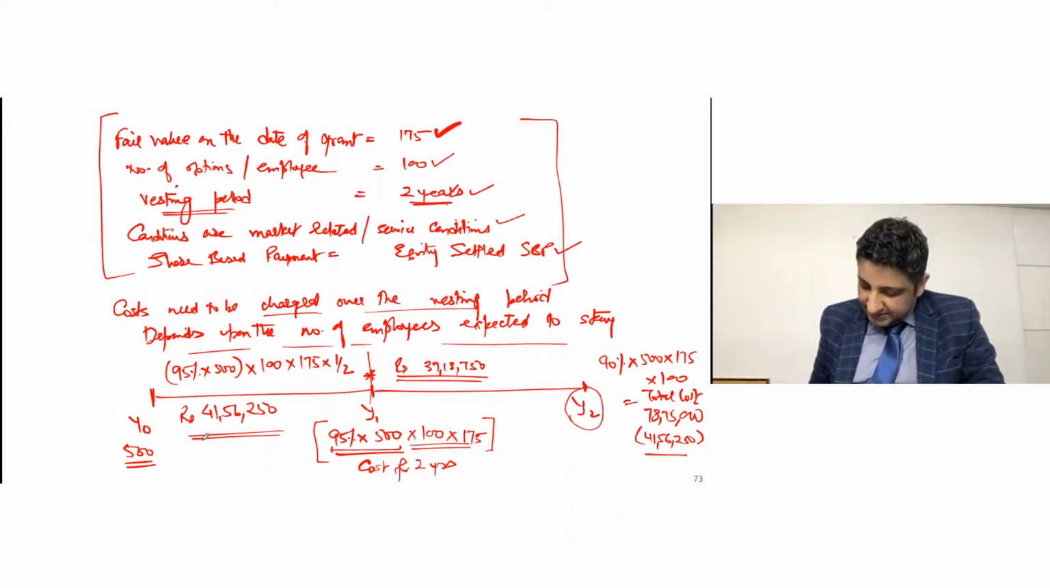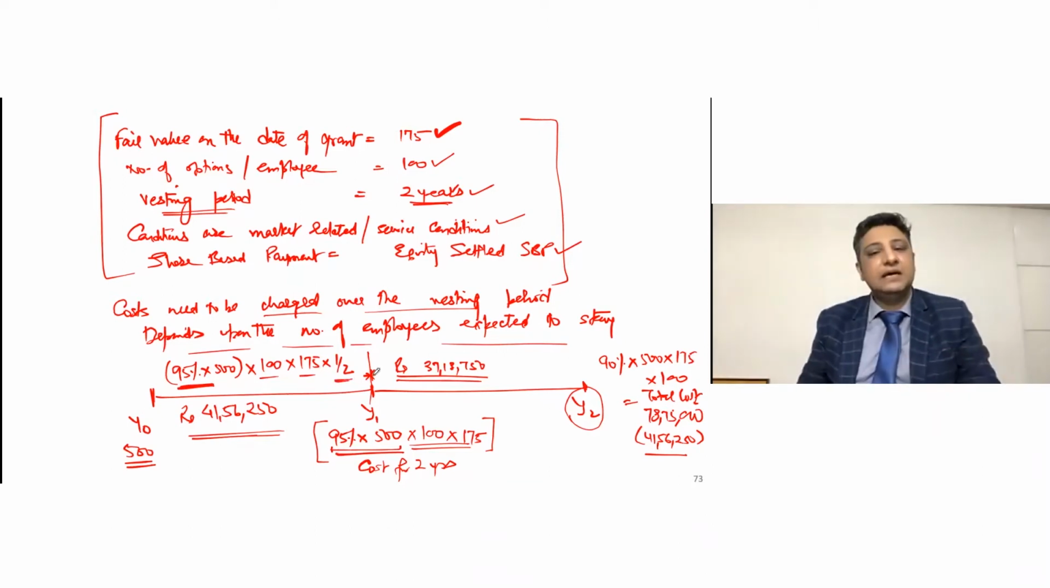The first year's calculation is done at 95% of the number of people expected to stay into number of options per employee into the fair value of the option or rate of grant. But of course, for the half period, the vesting period is 2 years. Year one is going to be the half the cost, which is 41,56,250. For the second year, we take a cumulative value, which comes at 90% of employees exercising that option, which